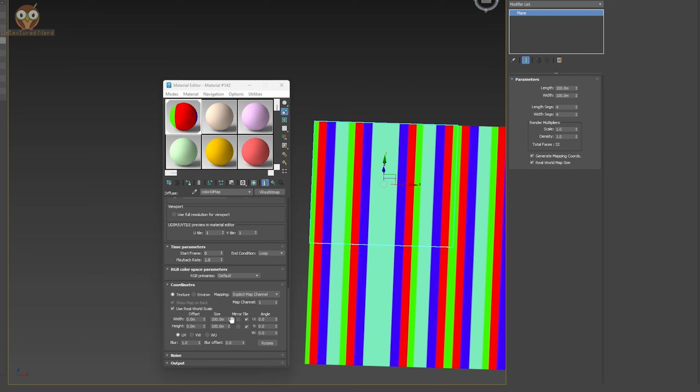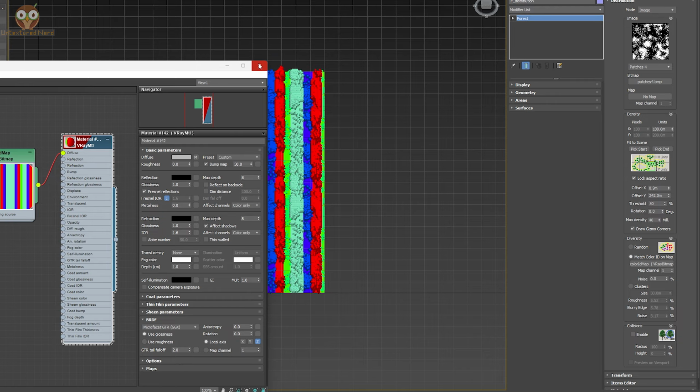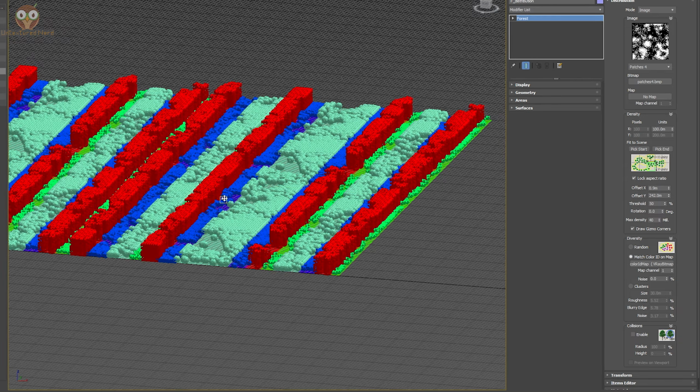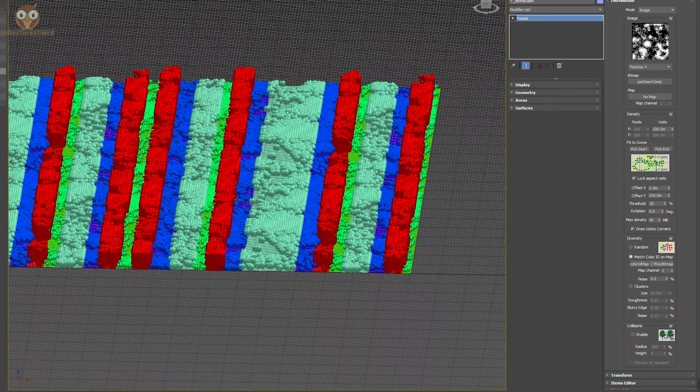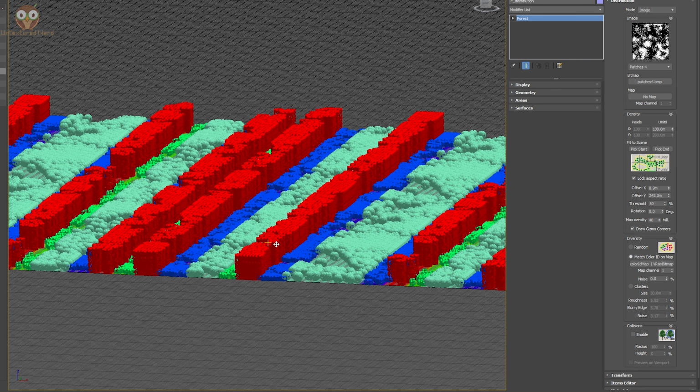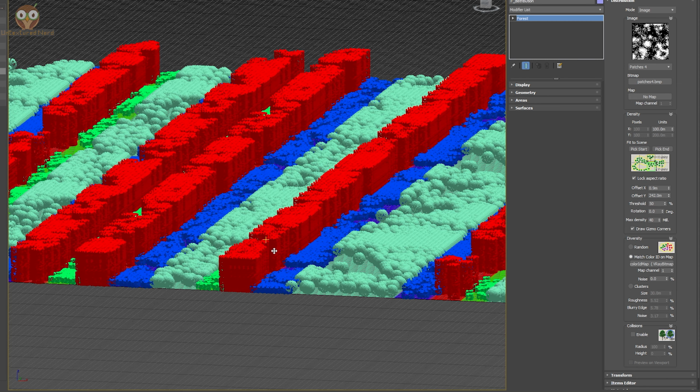But if I go to my distribution and I go back to my material, I can then drag this bitmap into this here if I select it first. Then I select here, drag this in, and you'll see that all the objects are matching the color underneath. This is one way you can create some interesting patterns, and it could be like a field of flowers, which